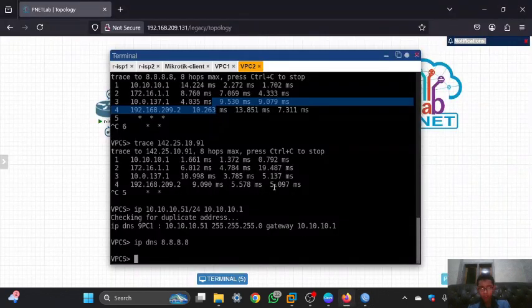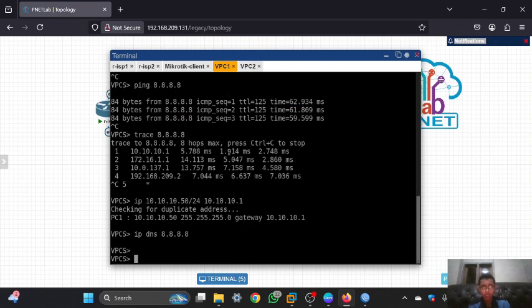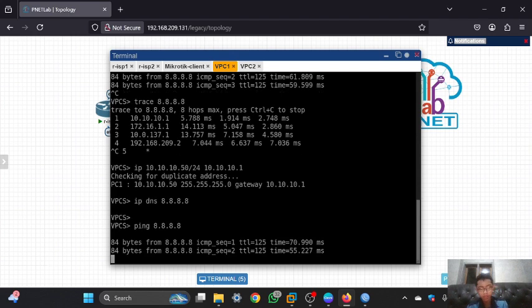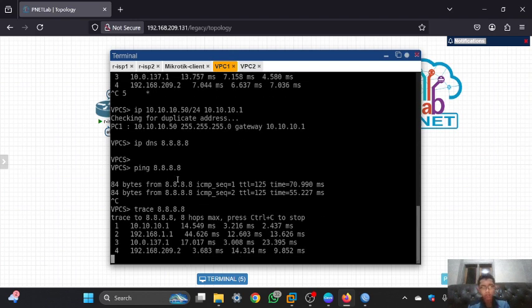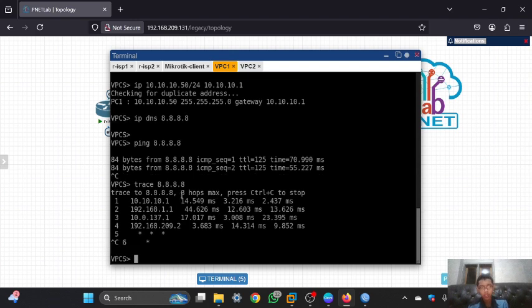And next I will try to ping to the internet from the VPC1. I will try to ping to the internet in here, and I will try to see the trace, and as you can see, the VPC1 is using the IP of ESP1. So VPC1, if it wants to connect to the internet, it is using the router ESP1.